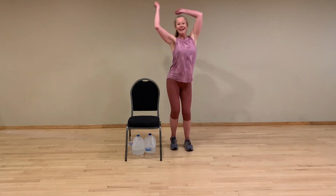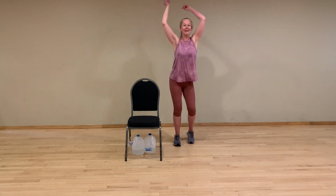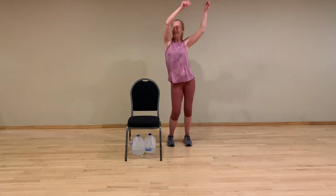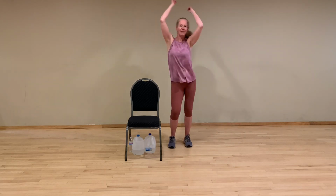A little challenge for the brain as well as the body. Ready, and march. Let's, hey, I like it. Other way with the arms. Again, challenge for the body and the brain. Switch the arms. And again,